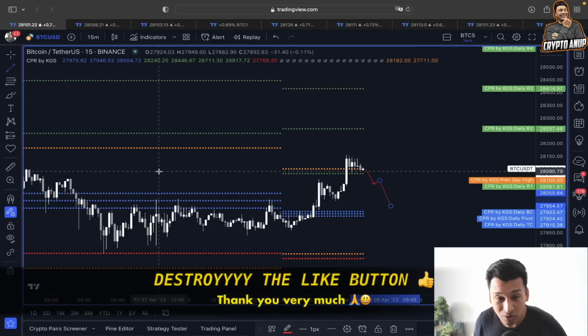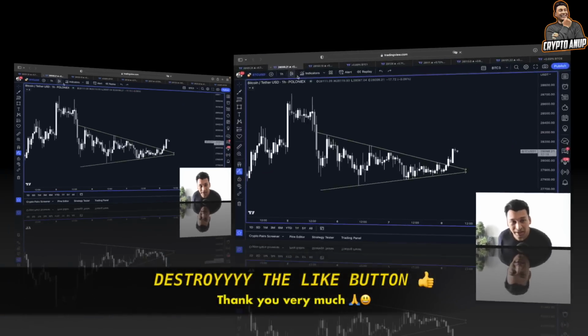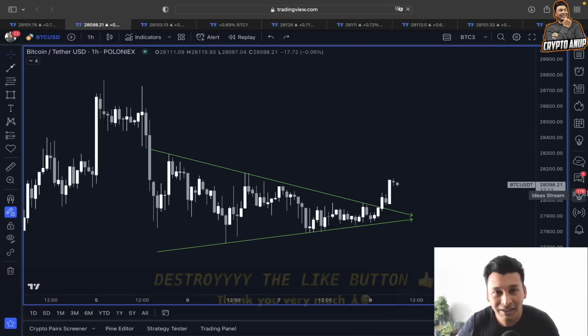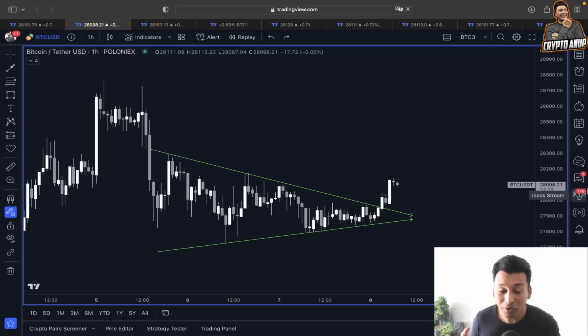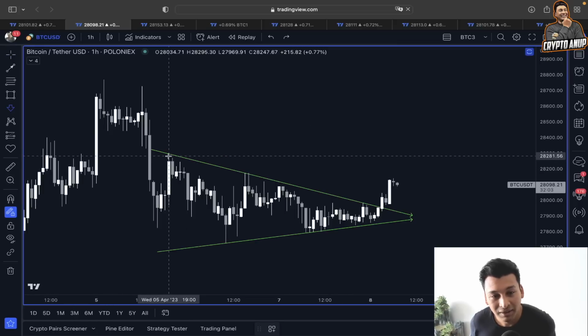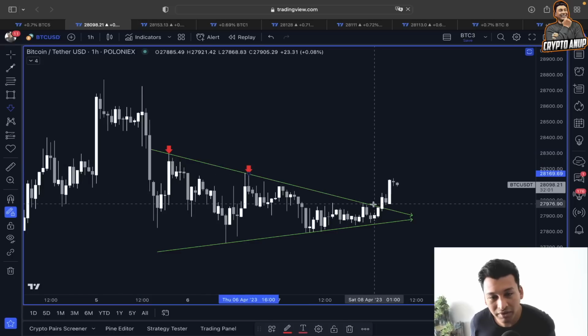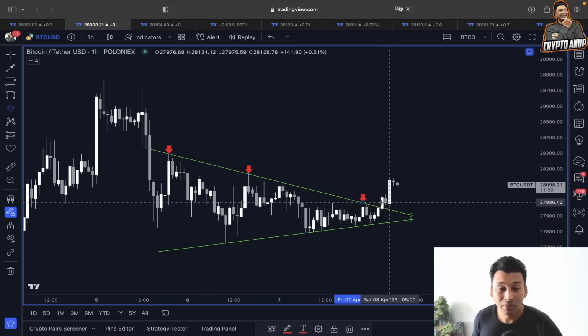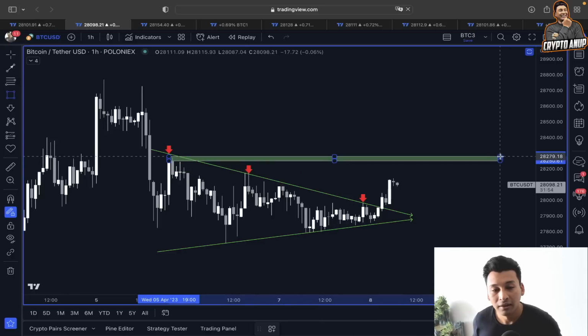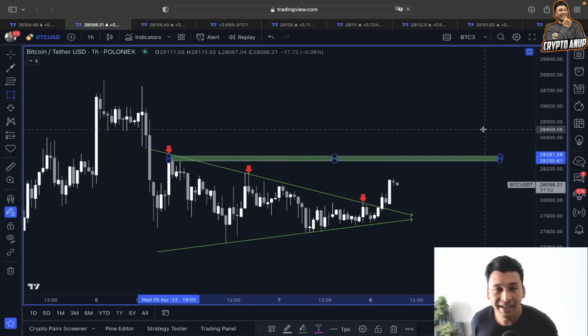And if we look at this price structure in a very simple way, again in a smaller time frame, you can see guys, the price of Bitcoin looks like it's breaking out from this symmetrical triangle. Symmetrical triangle is considered bullish or bearish depending on where it breaks, but in our case it has broken the resistance line. The line which previously rejected the price has been broken. And now if this is going to be a continuation, the first target is definitely going to be between